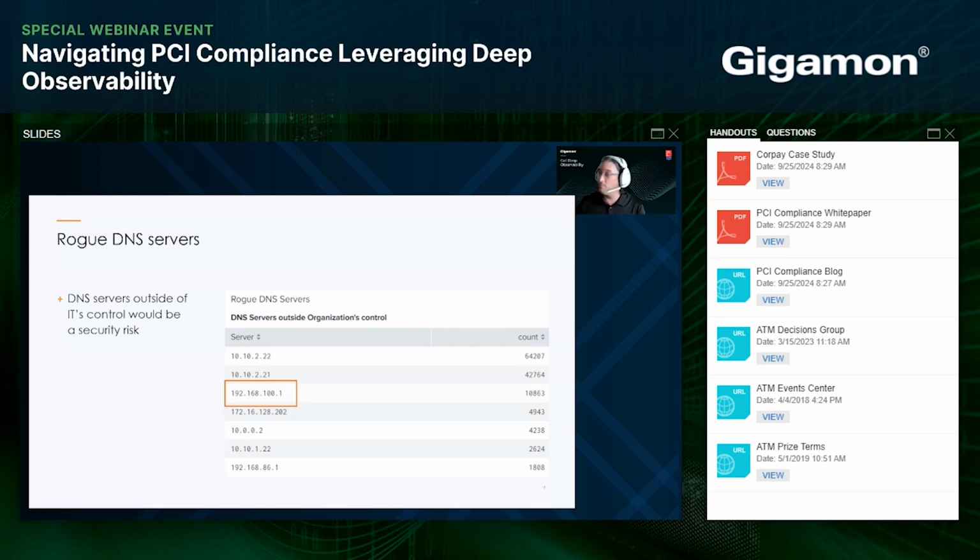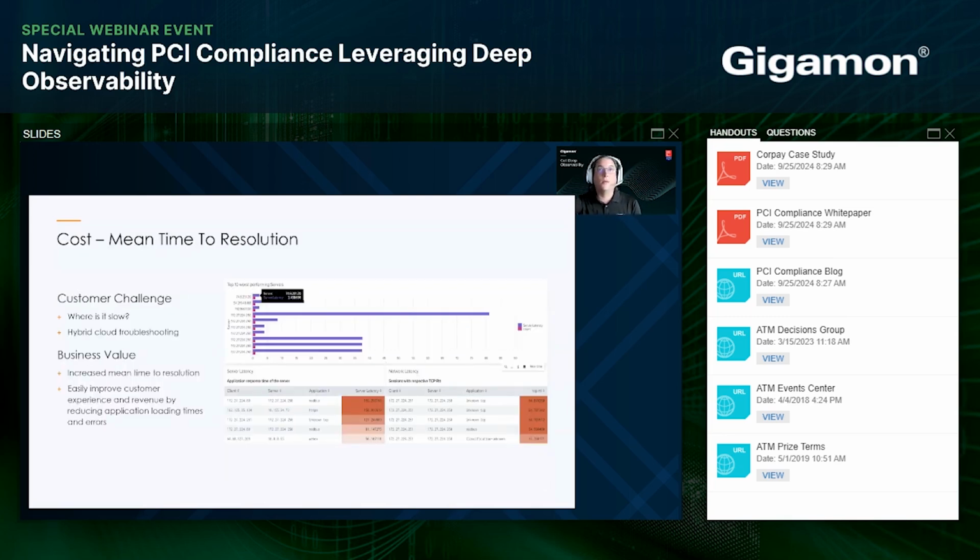However, your systems shouldn't be using DNS servers outside of IT's control, because there are safeguards built into that. And if you're not using them, then you could potentially be bypassing those safeguards. In this case, you would technically not be PCI compliant. You'd have to remediate this as quickly as you could. Something that's not explicitly called out in PCI, but is very, very important,